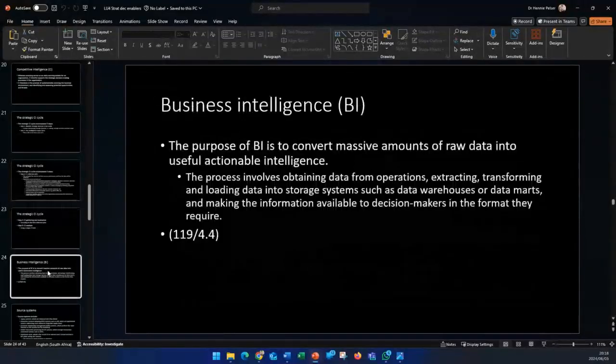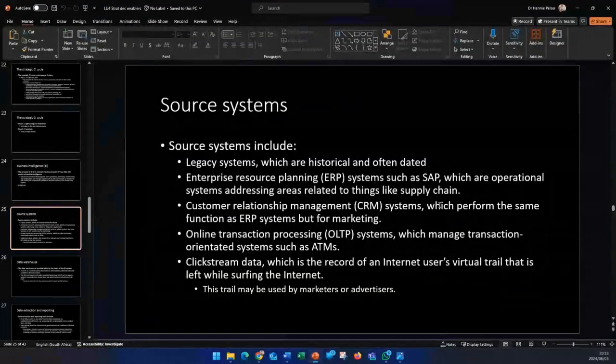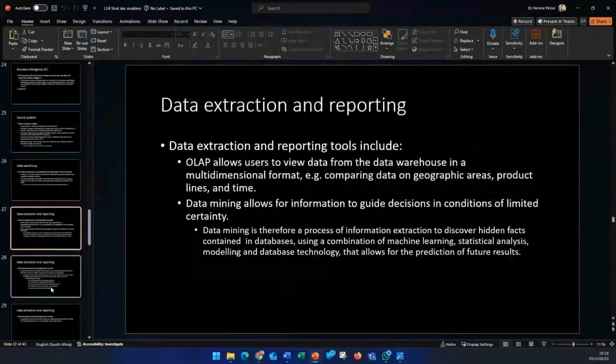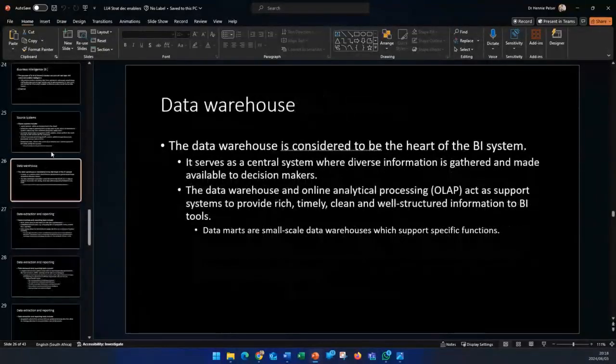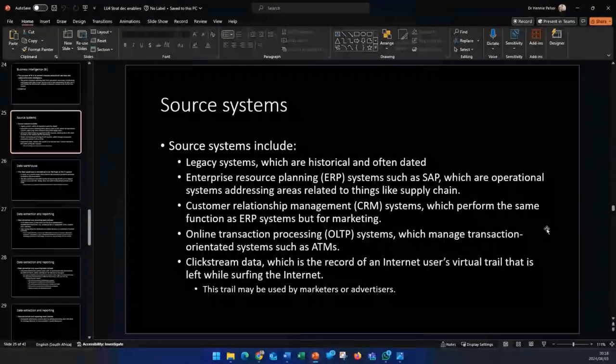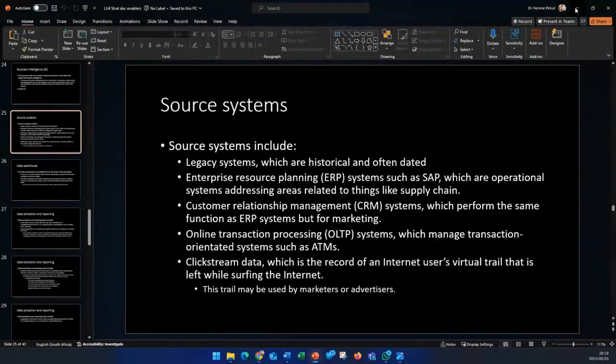The rest of this stuff, guys, it's not stuff that I find important. I haven't seen source systems asked before. Sorry to jump in, I'm just looking at your slide. I just remember seeing that slide. I've also seen it in one of the papers that I was looking through, a past paper, the source systems. I've seen them ask that, totally random. It's so out of the blue when that happens, because for me, I wouldn't even think about that, guys, as an option.